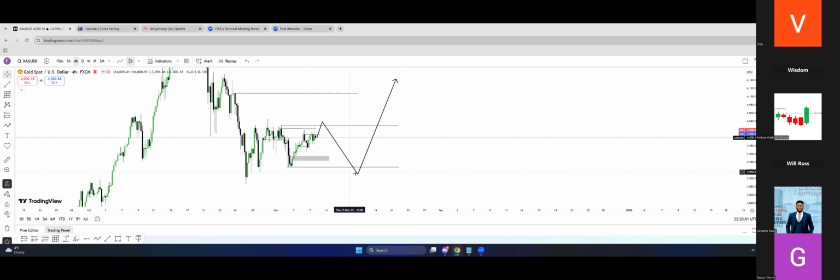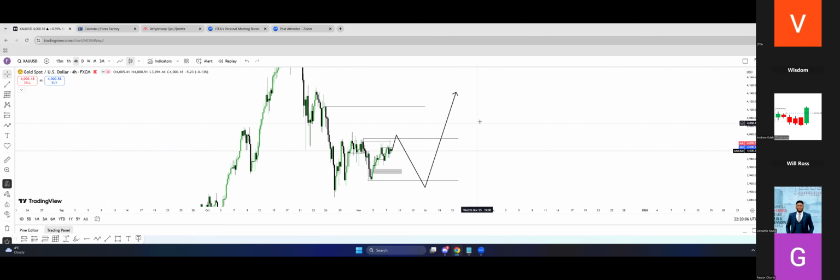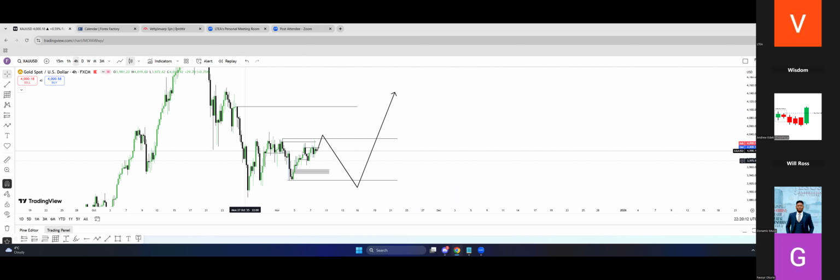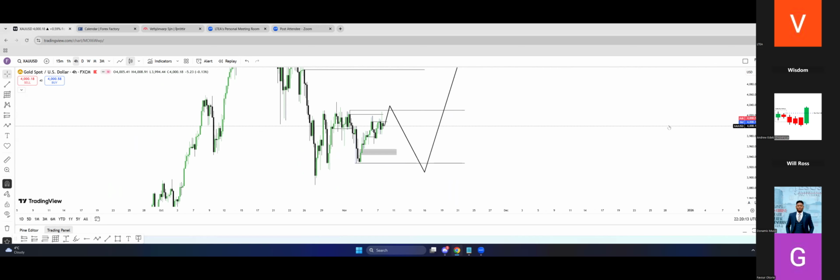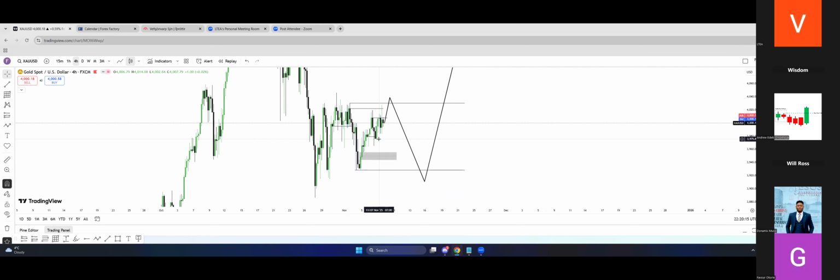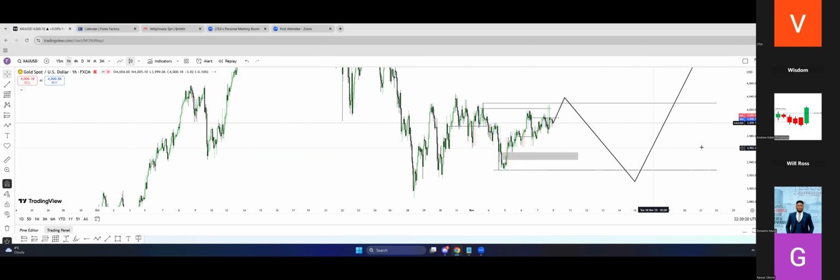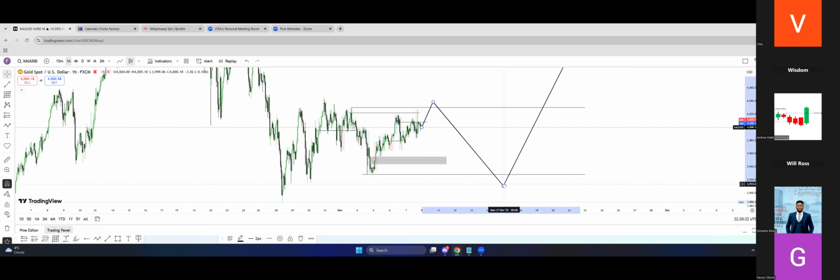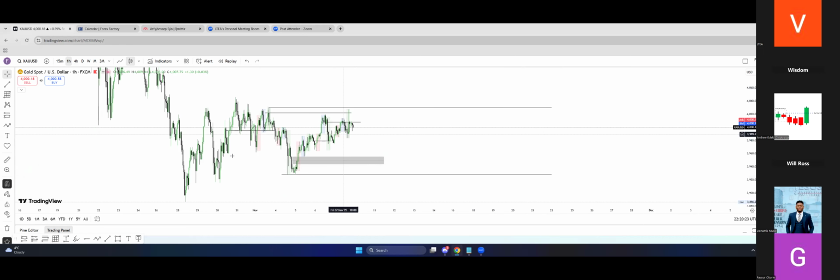Manipulate first, then come back again, manipulate, which means the buyers and the sellers, then we continue going to the upside. This is what I would like for gold to do. But now, with this price action, it's kind of bullish and bearish, somehow. But again, this is just lower time frame and accumulation phase as well. So it doesn't really tell much.